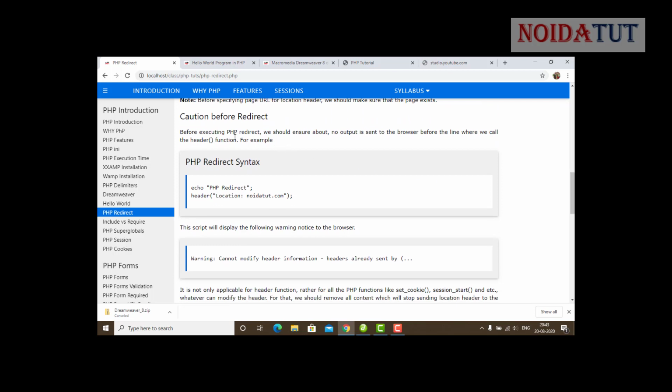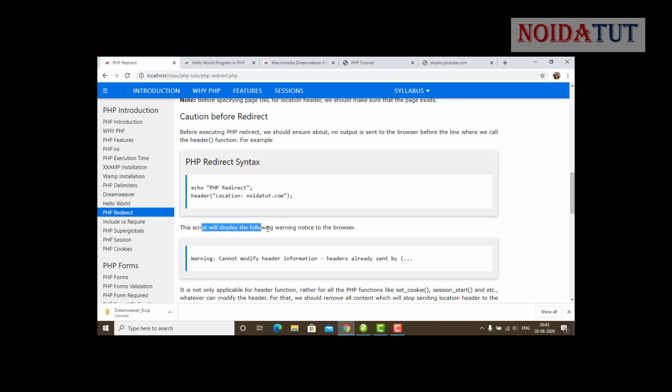Now, we need to have caution before redirect. Before executing PHP redirect, we should ensure that no output is sent to the browser before the line where we call the header function. For example, this one is going to show an error.